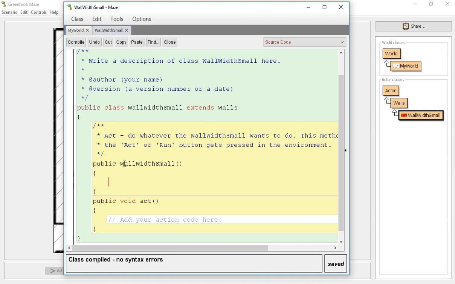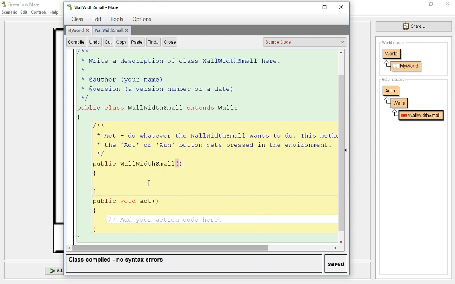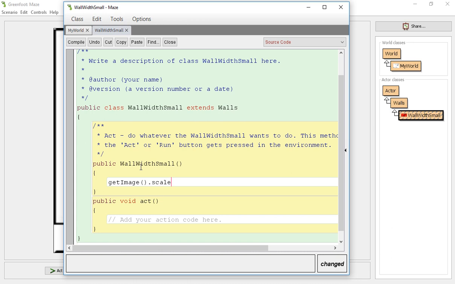and we will be using a scaling method in order to get the size of the current wall width small, which is this size, and we are going to need to multiply the width only by 3. So we go back in, we are going to get information of the image, we're going to scale that information,